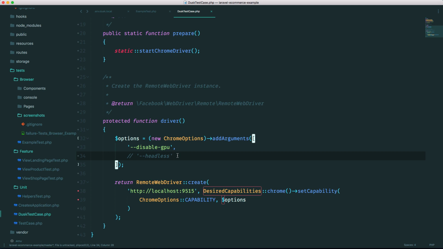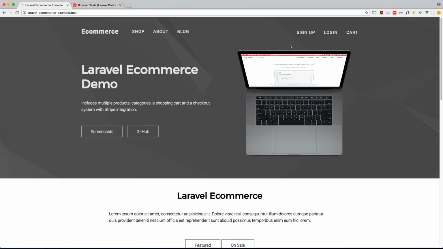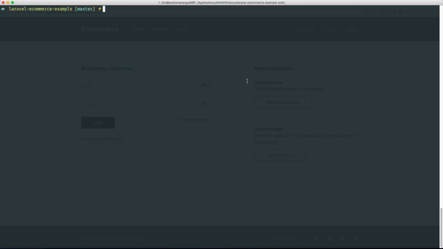So let's go ahead and make our first test. So I'm just gonna do a login test. If you remember in our application, users can actually log in. And this is just for their order. So we can remember details about them if they have multiple orders. And later on, we're going to add a dashboard. So let's go ahead and make a login test. You can definitely do this at the HTTP level as well, but I just want to show you how Dusk works. So php artisan